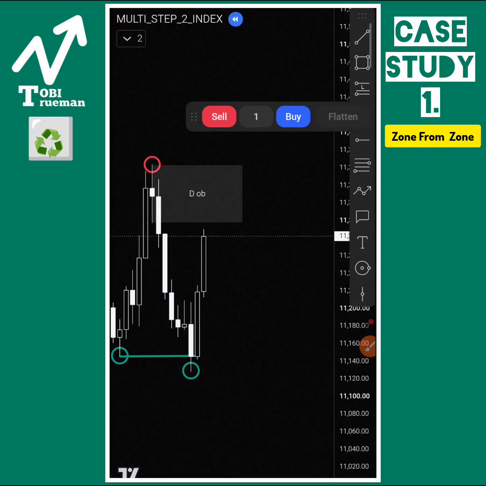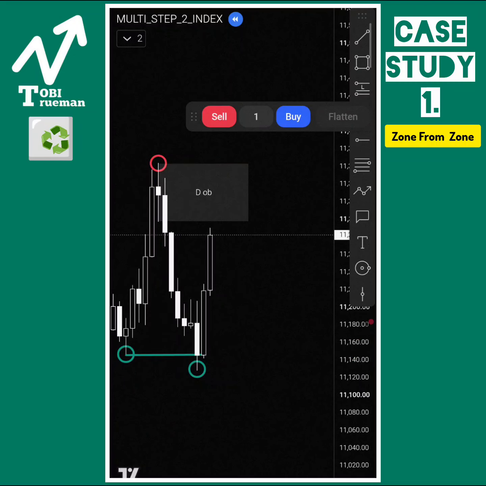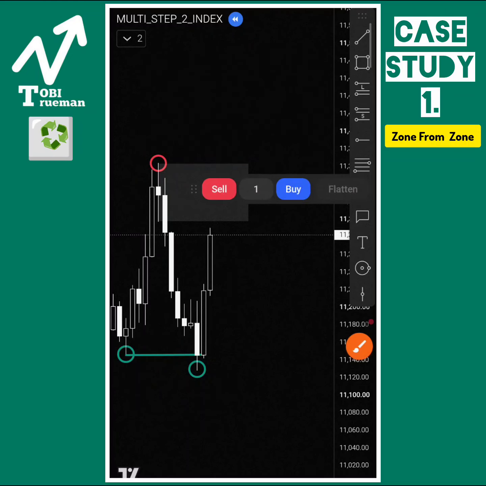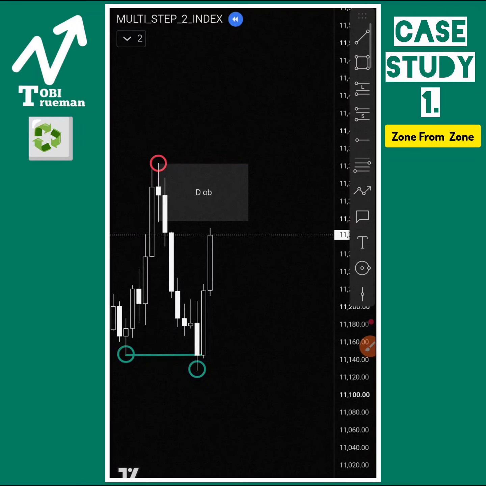But the situation here is this: we now have two lows, first low and second low, and only one high point. Usually, if you want to enter a trade in this situation, let's say you want to sell this market,